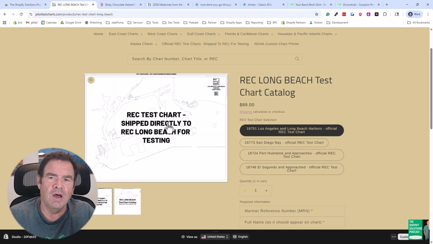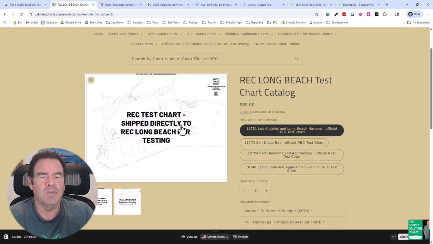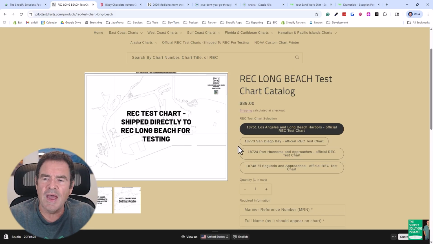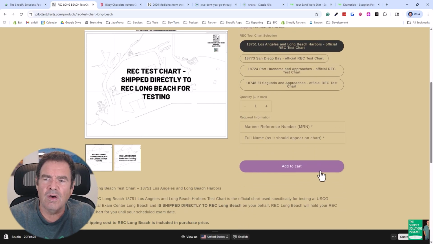So you can see on the product page, we have an image that says Rec Test Chart, shipped directly to Rec Long Beach for testing. We want to reinforce to the customer when they buy this product, we're not shipping it to them. It's going to be shipped to the Coast Guard office, and you're going to go there and use this product once you purchased it. So what happens is when I add this to the cart,